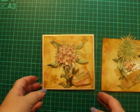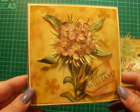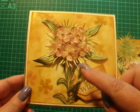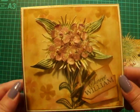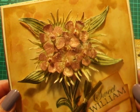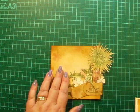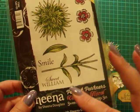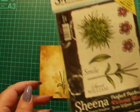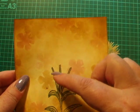Hi everyone, in this demo we're going to put together all the techniques that we've just followed: the watercolouring of stamped images, die cutting and making a background, and we're going to put them together and make this card. So already I've prepared the background that we made in the demo, and I've stamped it using one of Sheena's stamps images, and it's the base of the Sweet William, and I've literally stamped it halfway onto the